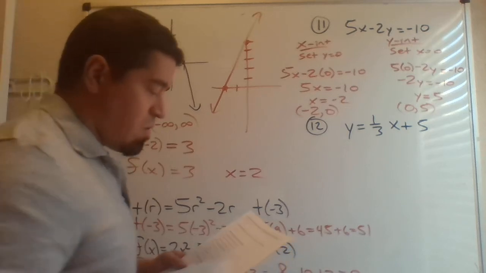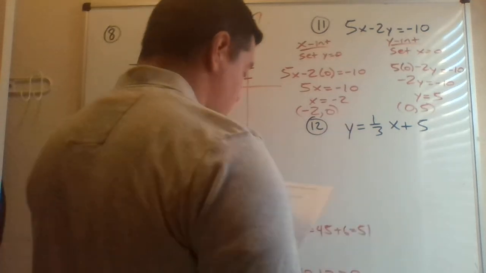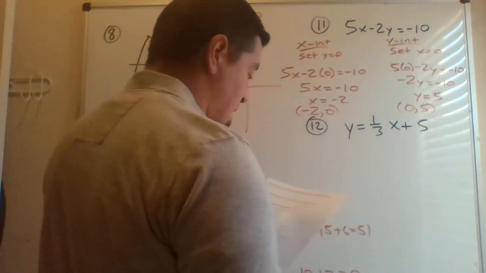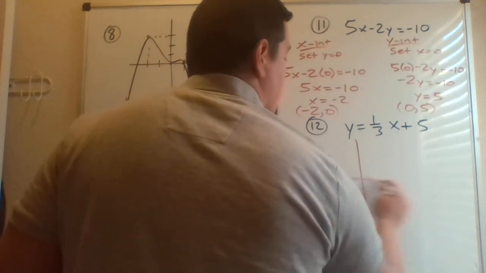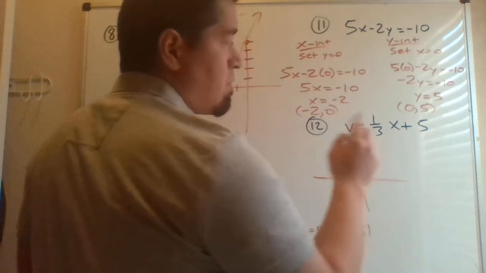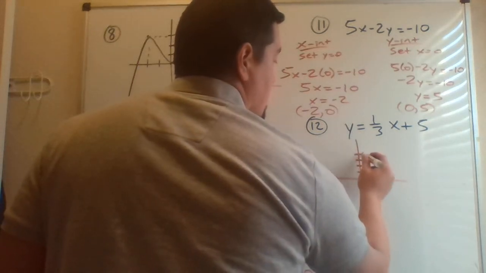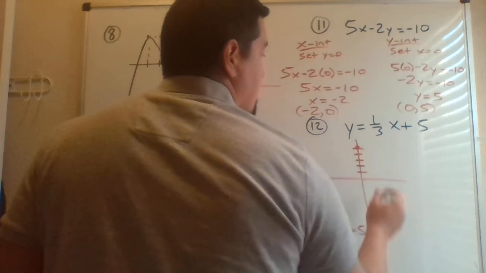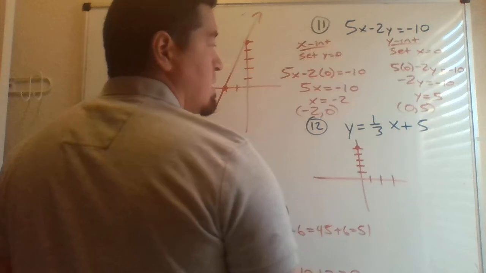So you want to be able to graph when given an equation like this on 12. Make sure that you label at least 2 points. Okay, so this is in slope-intercept form, y equals mx plus b. So we would start with our y-intercept,